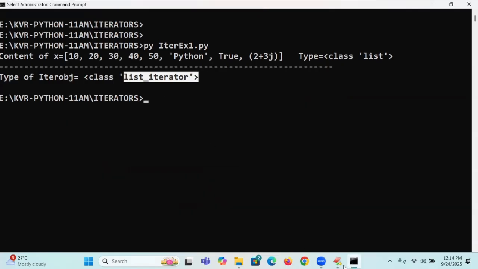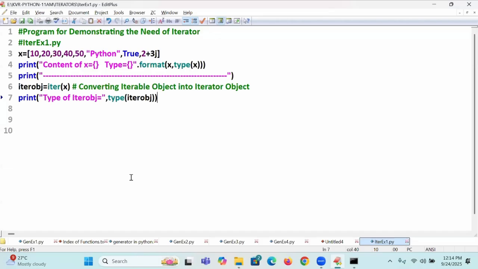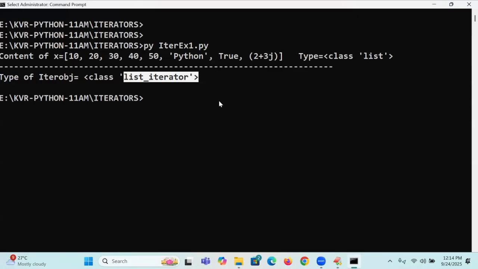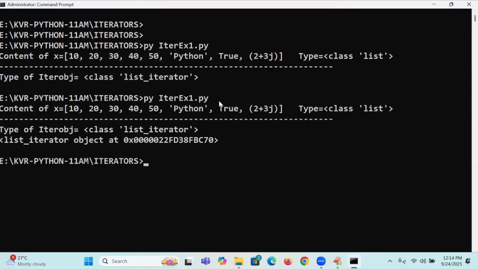How to get the data from the iterator object? If you print itrobj, you will not get the data. You will get the memory address. Why? It won't give all its values at once. When I print x, total values came, but the iterator is a repository where I want to get the value one at a time.